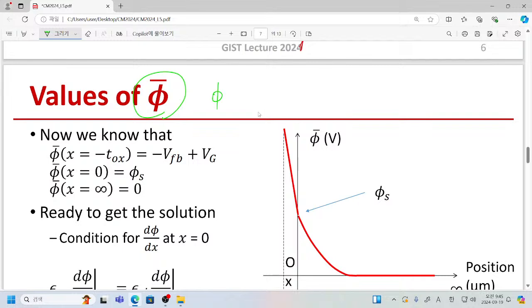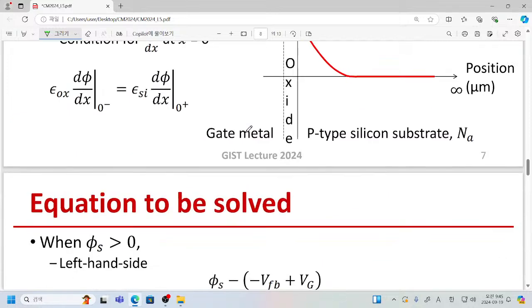Okay, sometimes this display can be a little bit stuck, so let's wait for a while. Okay, so now